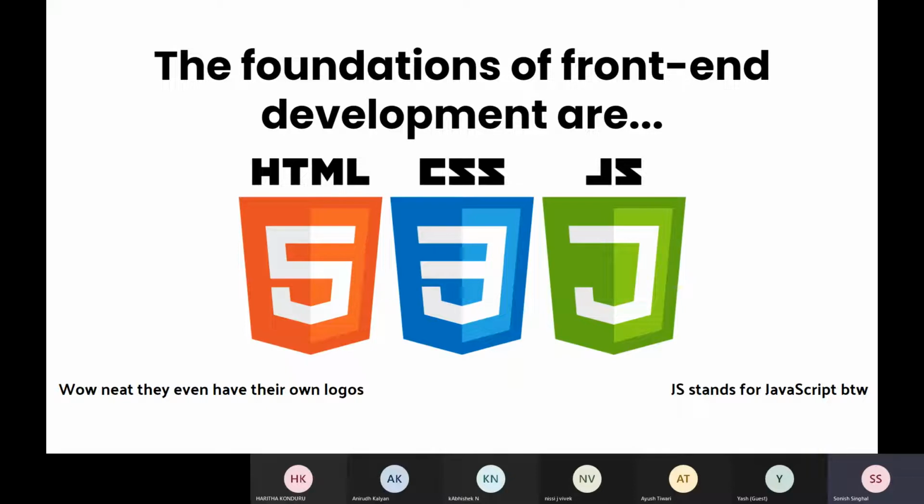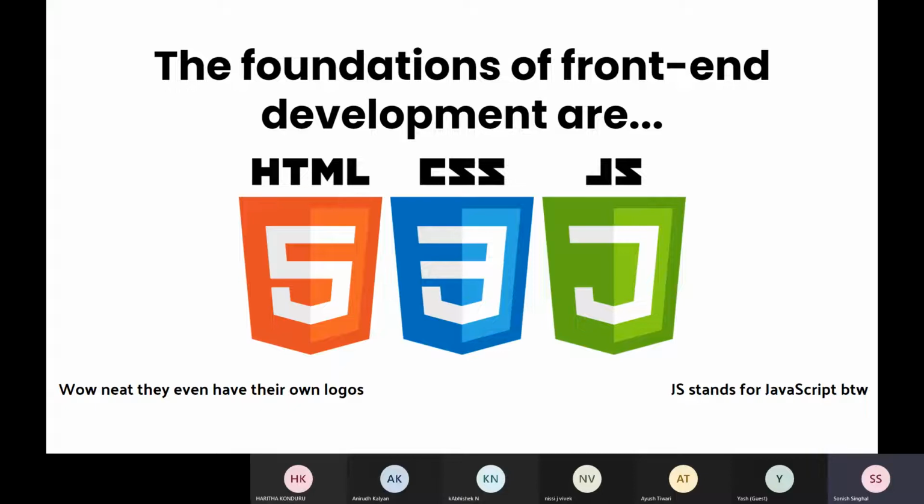HTML is similar to our skeleton, and on top of it we have CSS and JavaScript. On the skeleton, which is HTML, we can see the muscle as CSS. CSS gives the styles, like clothing, and the designing part is CSS. And JavaScript is like our brain, which is controlling the complete HTML and CSS. So what is HTML?